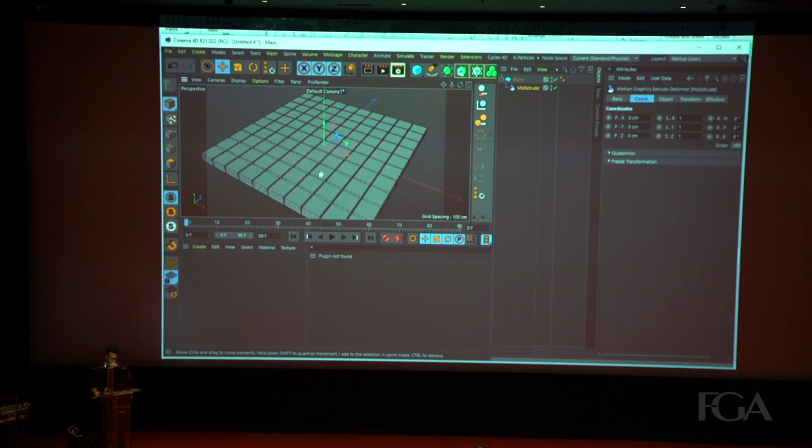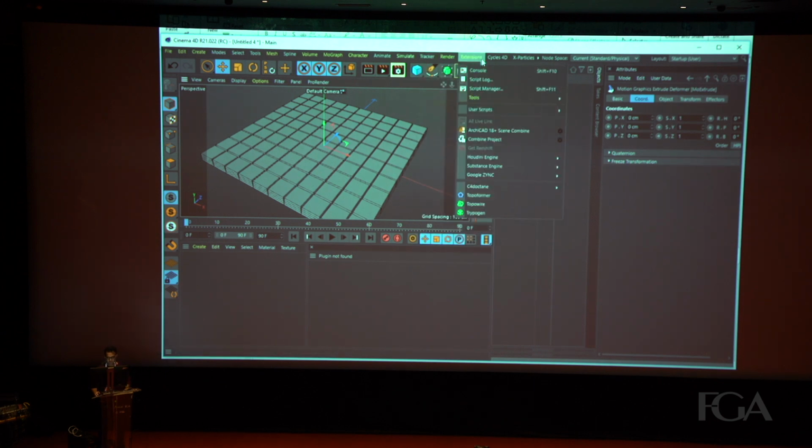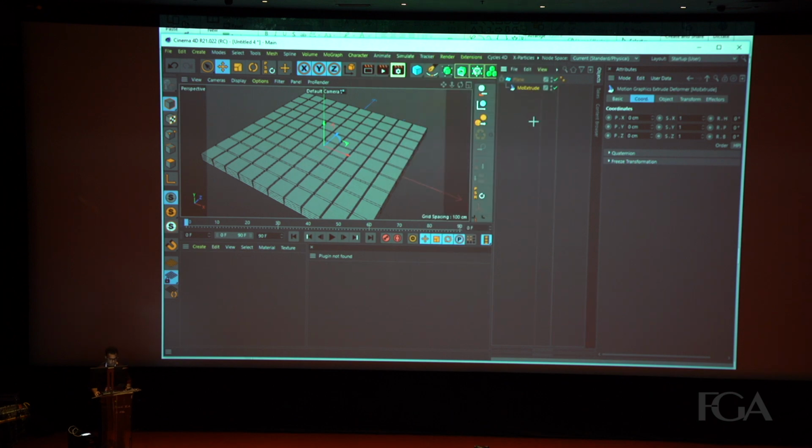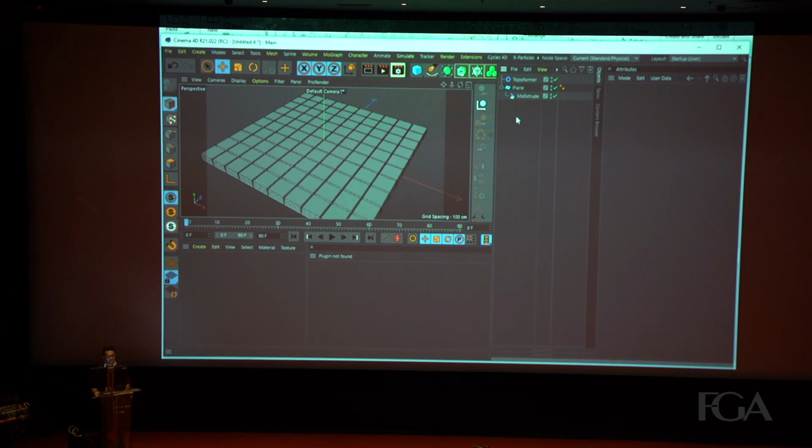So there's a very nice plugin called Topoformer. So I use Topoformer with it. With the help of Topoformer, I was able to divide these meshes randomly.